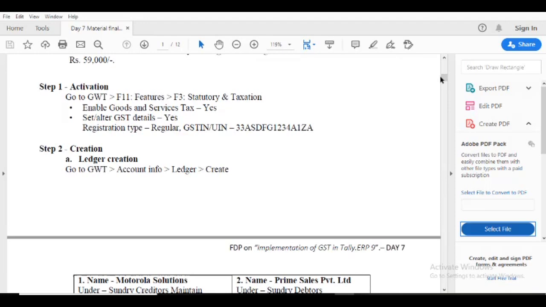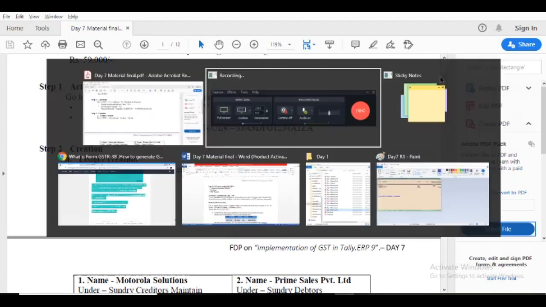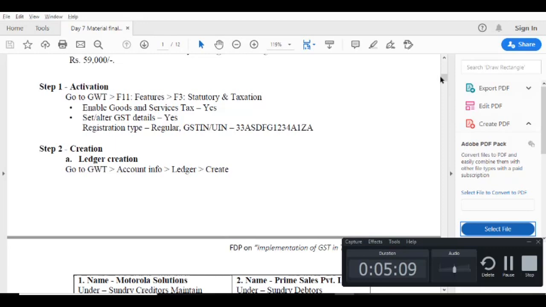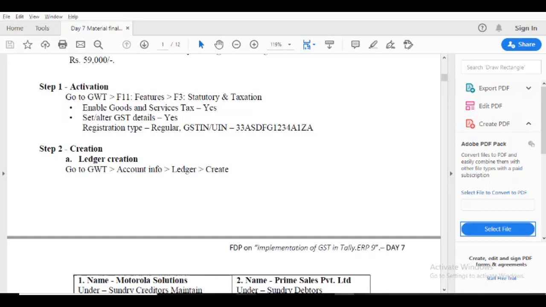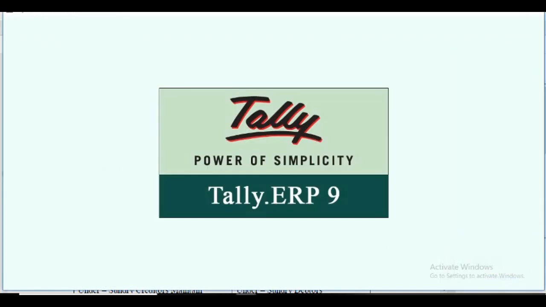First, we create the company. I move to Tally by clicking the Tally icon on my taskbar.